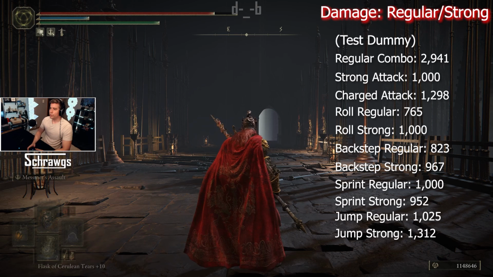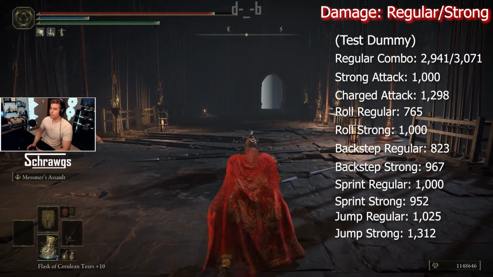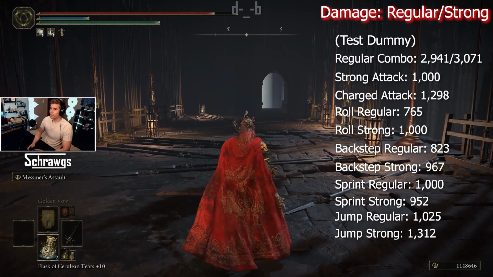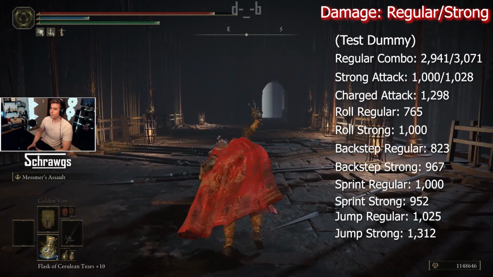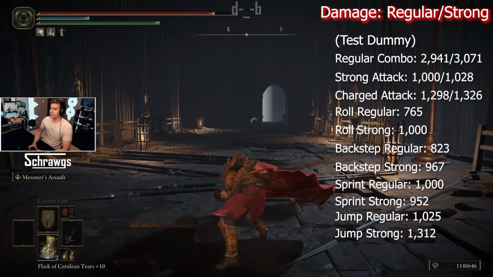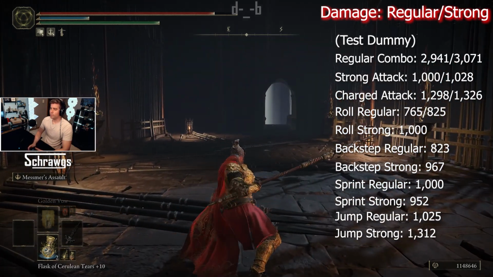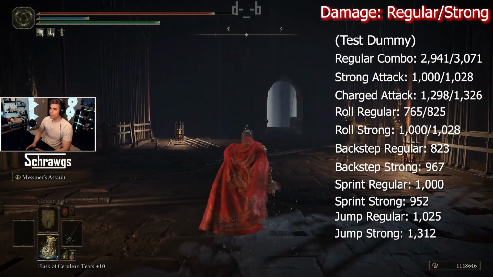Now switching to two-handed mode, we'll go through the same sequence. We've got the regular attack combo, which again is a 3 input. The strong attack, strong charged attack, and then we've got the rolling regular, rolling strong,